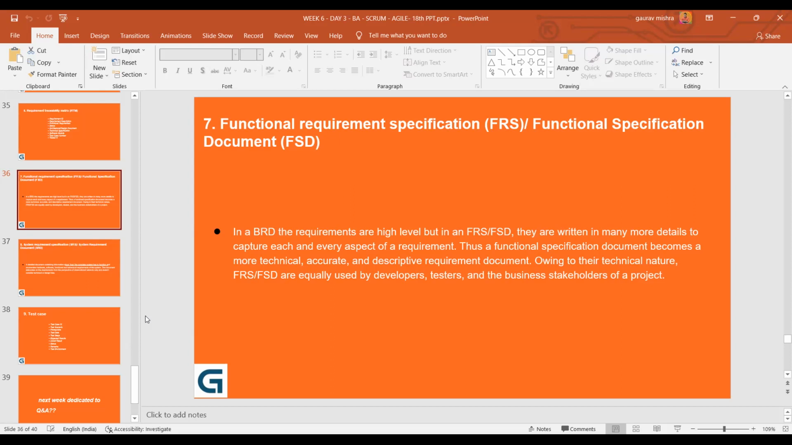Okay, so we have already covered the last line wherein we say FRS or FSD, those are used by developers, testers, your customers, your senior management, and your business stakeholders. Business stakeholders are anybody and everybody who has a stake in your project, who has interest in your project. So we are done with this line. Okay, what it says is